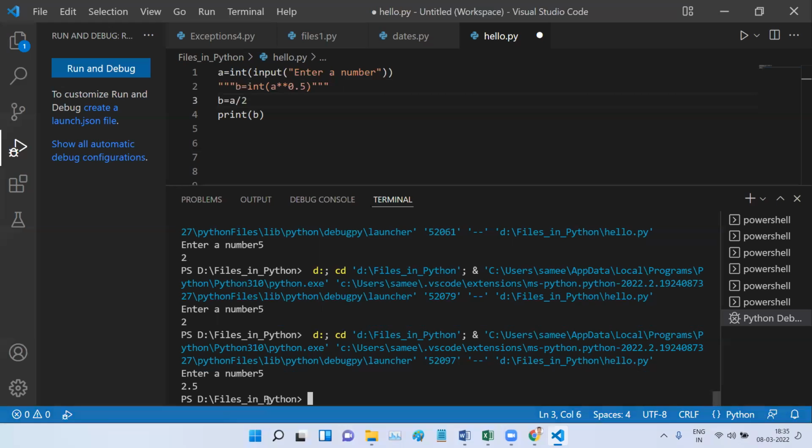So I am getting 2.5. Okay. So now I don't want to convert this. Without converting this number, this B, into 2.5, I might want to use this B further in the program, right? So I don't want to convert this. Instead I just want 2. Because the output is 2.5, now I don't want 2.5. I just want 2. And I can't even convert it to integer. If I convert it into integer, there might be some problem. Just imagine there might be some problem. So I don't want to convert it into integer.